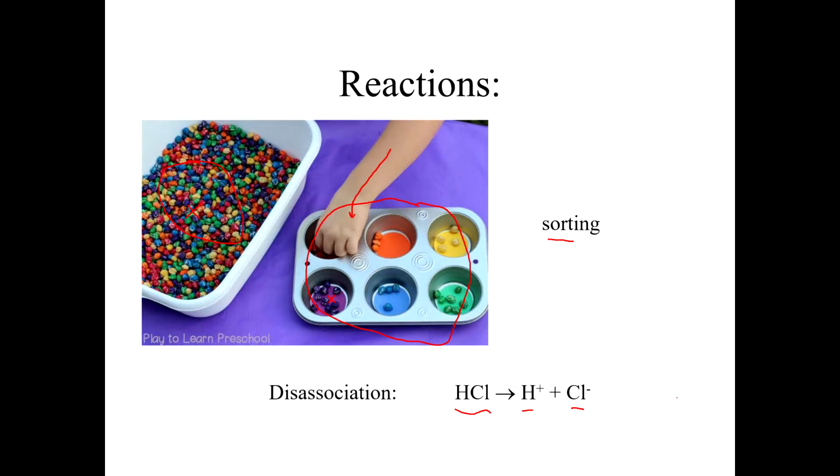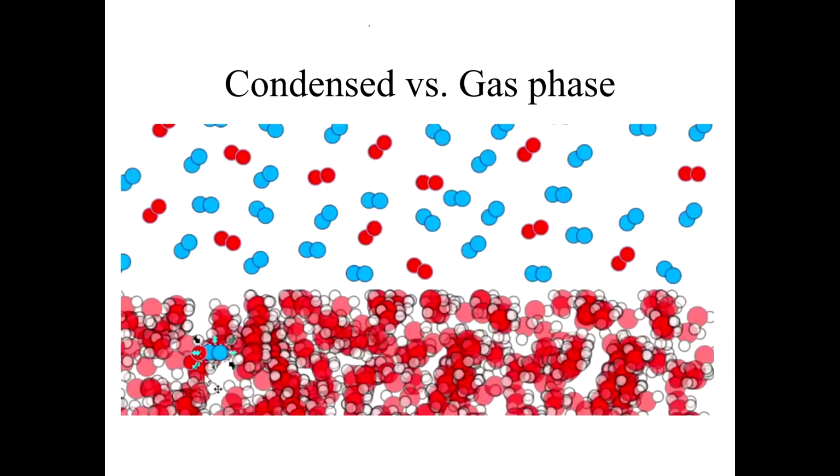Here's another example. Here's some chemicals in the gas phase at the top and also at the bottom in the condensed or liquid phase. And in this system, if you're in the gas phase, this chemical right here is interacting with basically just empty space. This is all just a void. It's literally nothing. And so in a sense, this chemical is interacting with nothing. It's not really interacting with other chemicals at all. Occasionally it will have a collision and there will be something going on there, but it has a lot of freedom to move around. The gas phase is mostly nothing, right?